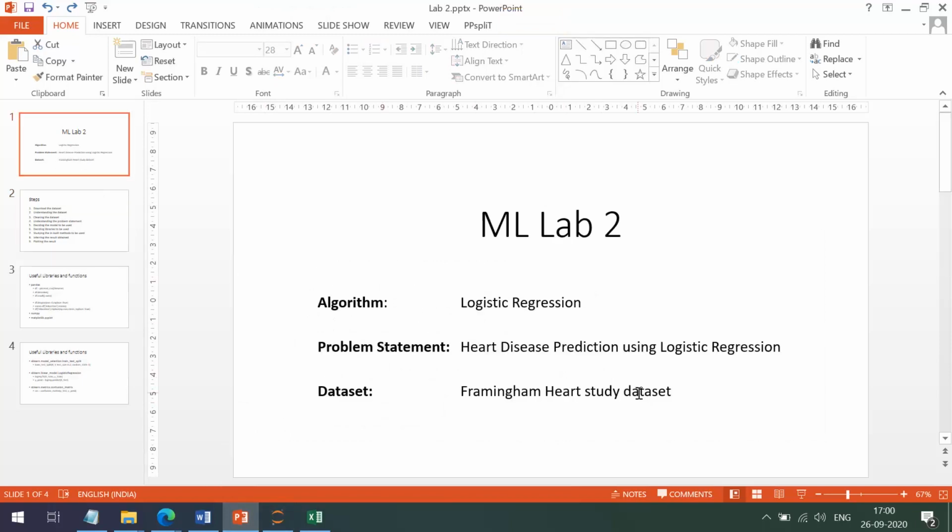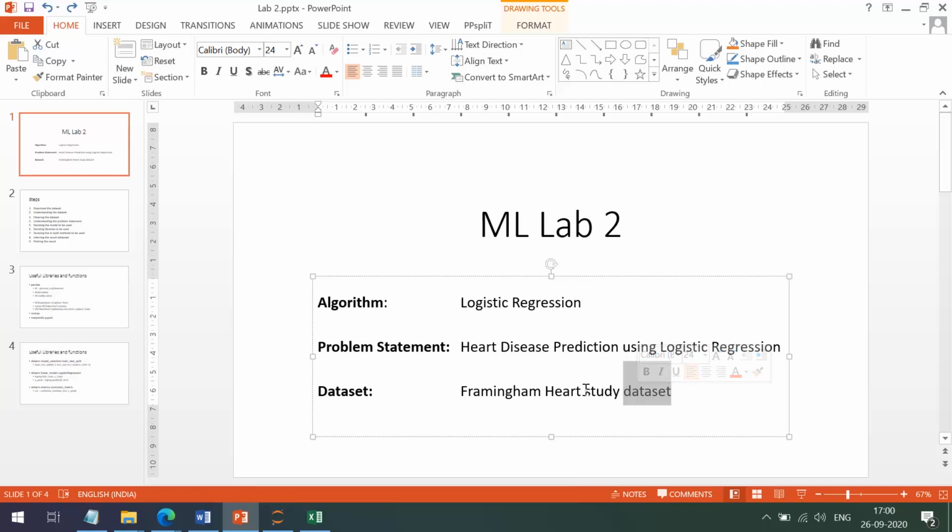So in the data set we have various parameters for a particular patient, and based on those parameters we can easily predict whether that patient may have heart disease or not. Logistic regression is a simple classification model. Unlike linear regression, where we try to plot a line, which can predict a continuous value, logistic regression will give us a binary result, whether that patient will have heart disease or not.